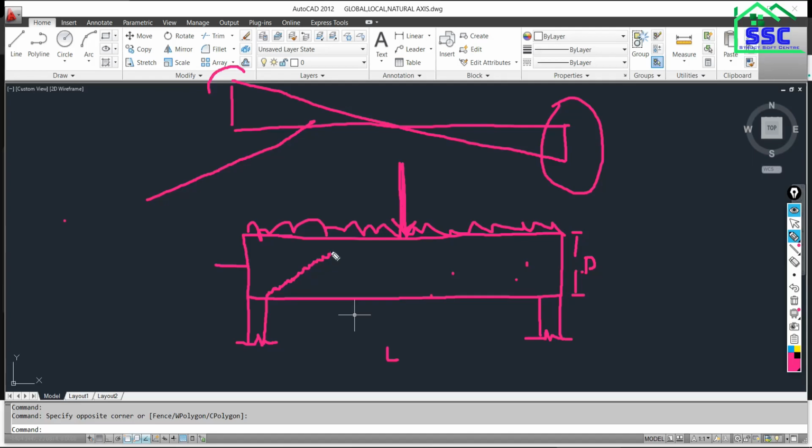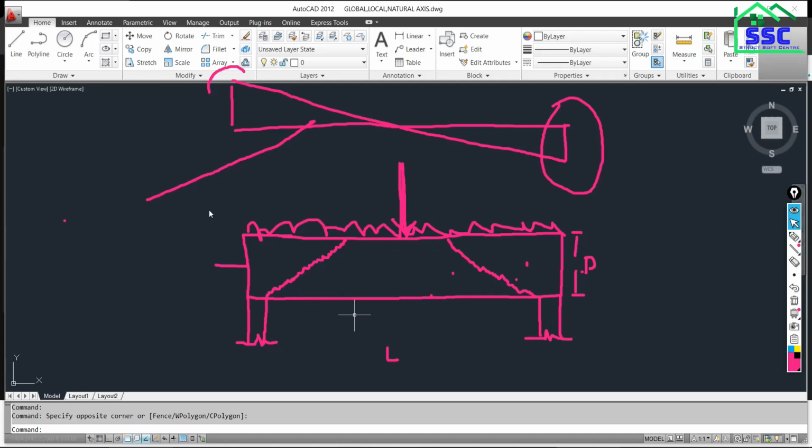These cracks will form in the beam section in the concrete material, and this crack is going to develop along the depth of the member.